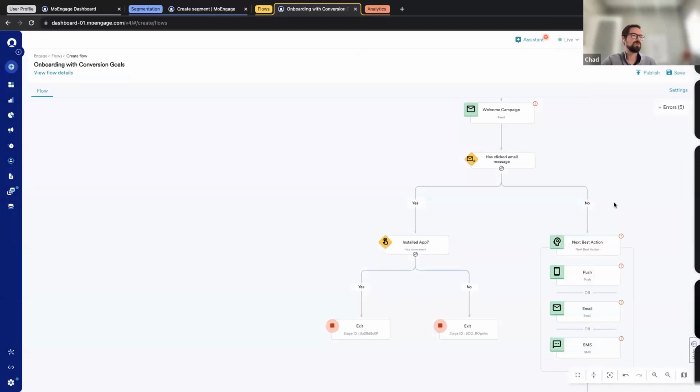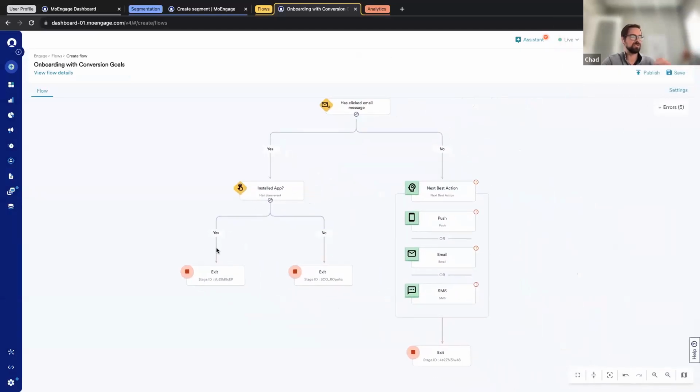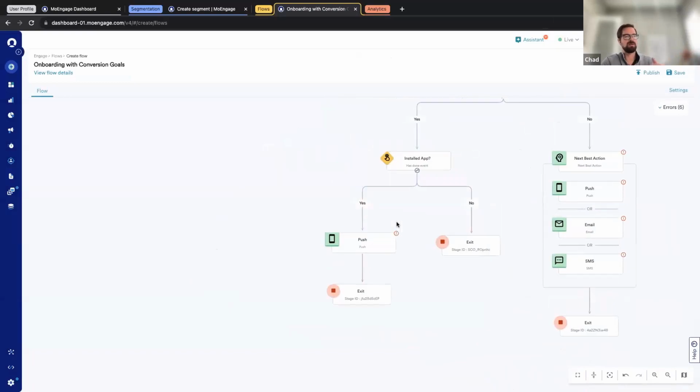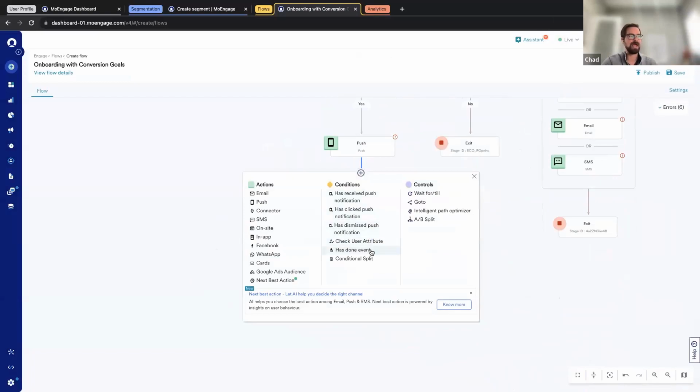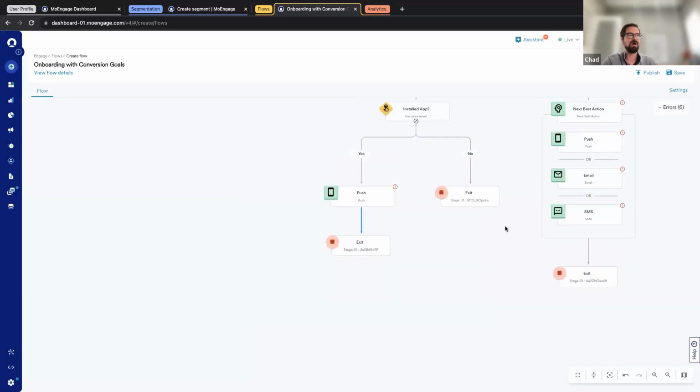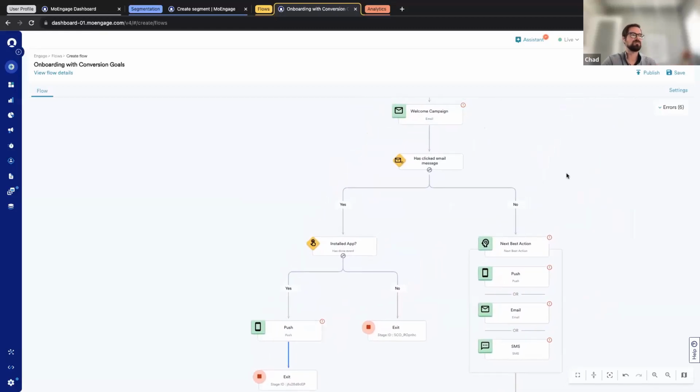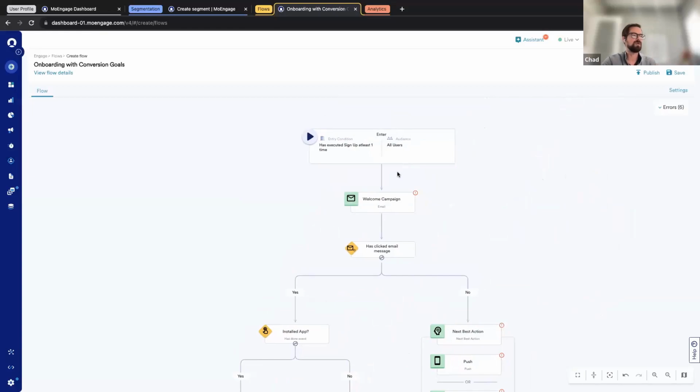If they have installed the app, that's great. If they have not installed the app, what next step do I want them to take? If they have installed the app at this point, maybe I want to send them a push notification, and then I can continue to go down this flow. Maybe I then want to check another action. Did they complete a purchase, etc.? So again, a lot of control at your fingertips from a flow perspective, and incorporating a variety of different campaigns